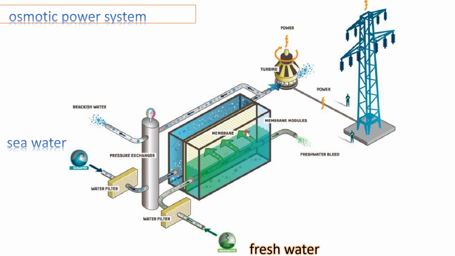The main concept is that when the salt water and fresh water are filled in the chambers, there is a high density in the sea water, which leads the fresh water molecules to transport to the sea water side. That creates high pressure in the second chamber. The high pressure in the second chamber leads the water to flow to the turbine side. You can see the turbine side that rotates the turbine, and the turbine directly generates the power or electricity